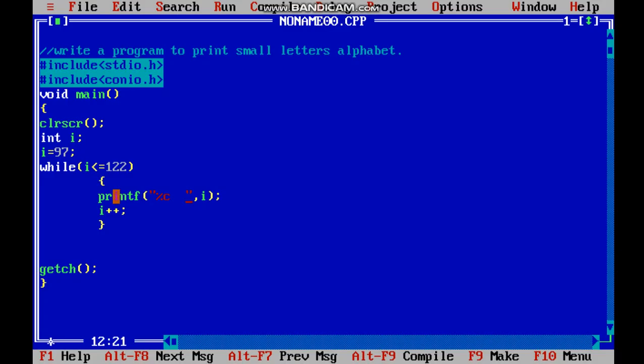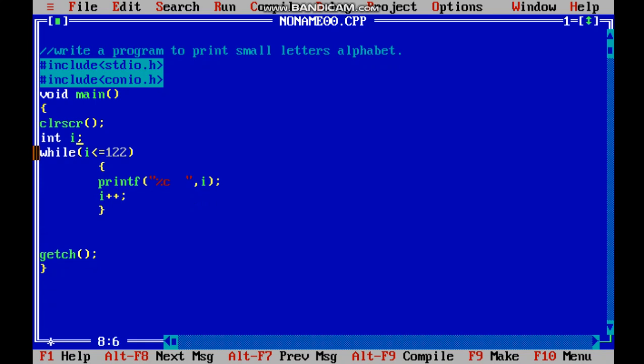And now we shall understand what and how the program is working. See, I initialized i to be an integer because we know ASCII values are numbers, and numbers deal with integers. See, I have written i equals 97. It is because the small a value is 97 in that ASCII table. I could have written it this way also, i = 97. There is no harm.